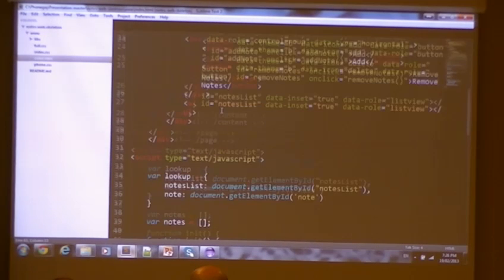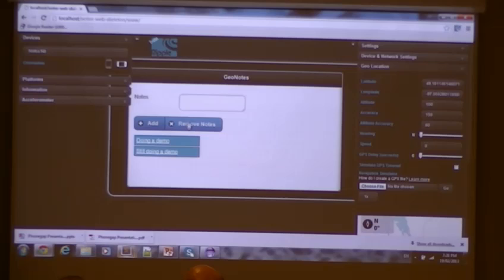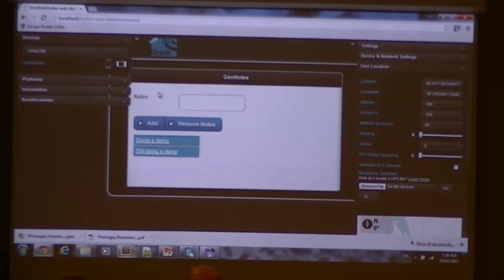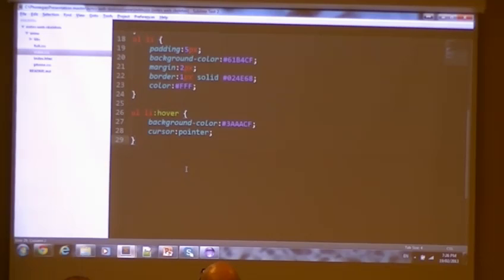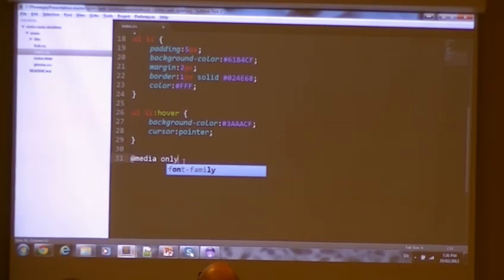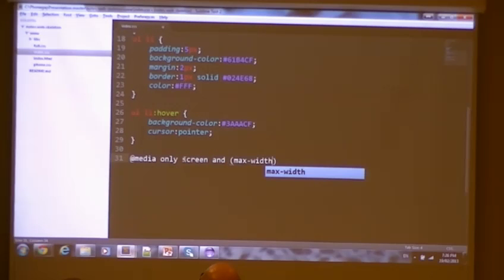Okay, so what we want to do here is, first thing, we're going to style it based on the size of our phone. So we're going to do some media queries. The media query syntax is you say, okay, I'm going to do it against my media, which is going to be only on a screen, because we don't really need to worry about print. And for a max width of